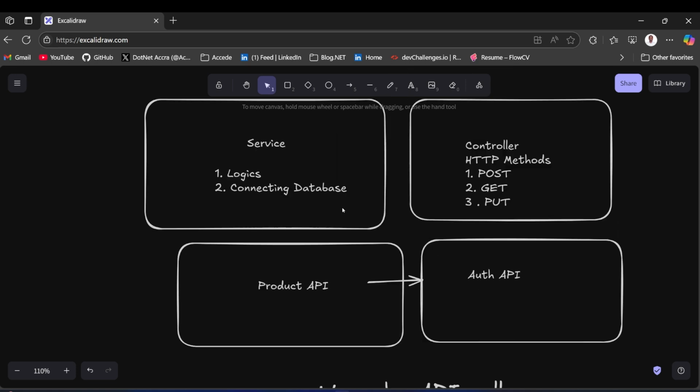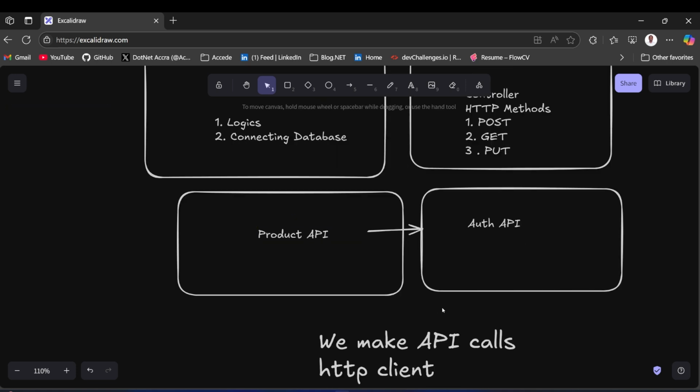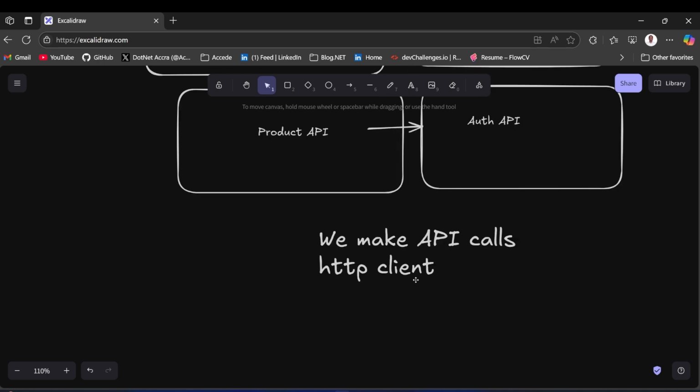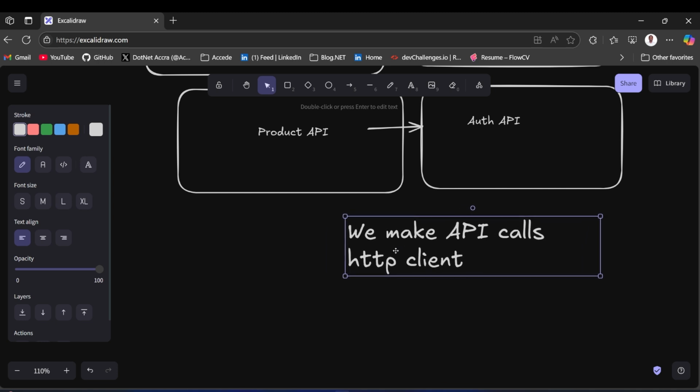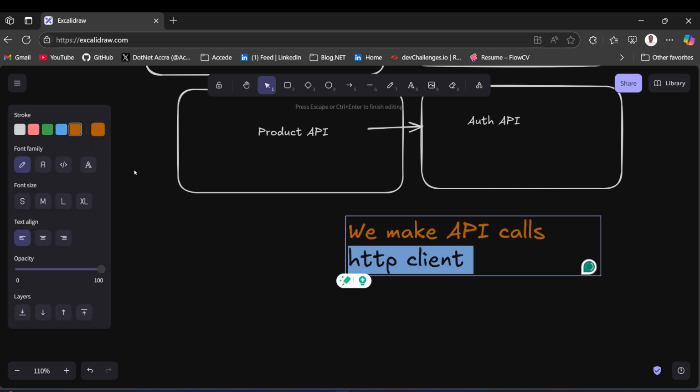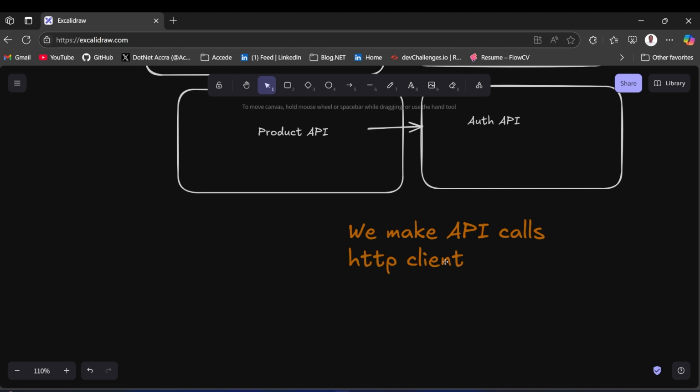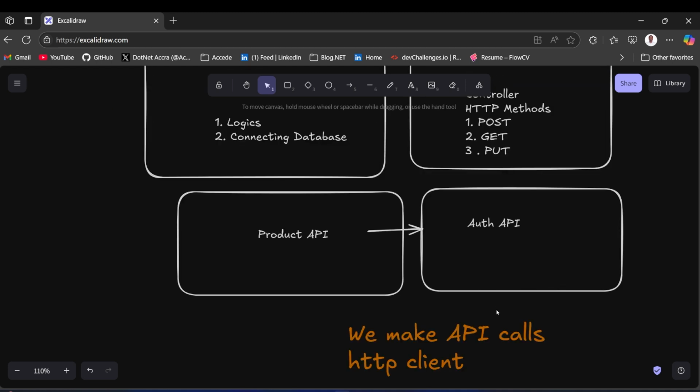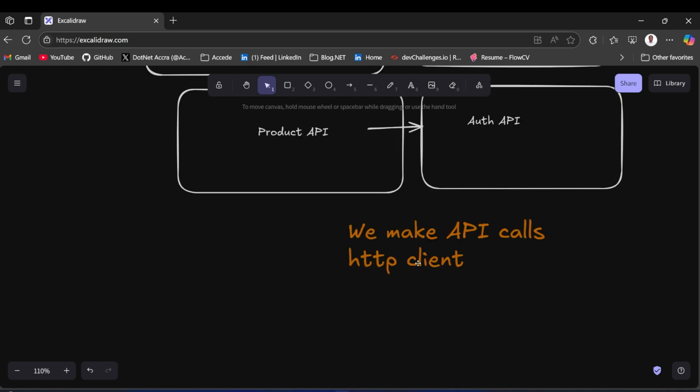So if a product wants to verify the user identity, we make a request to the auth API to check if the user exists before we allow this one. And we do that by making an API call using something like an HTTP client. And that is what we do. And this is where